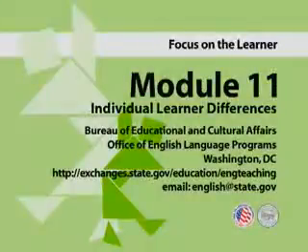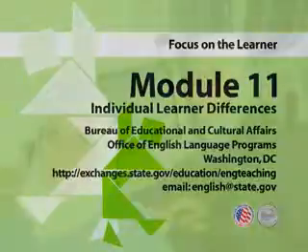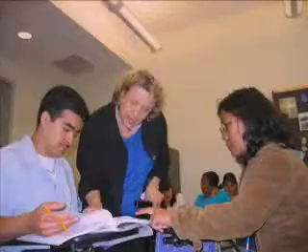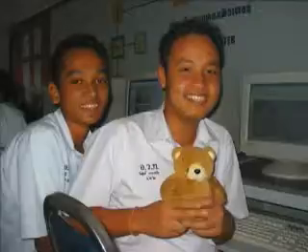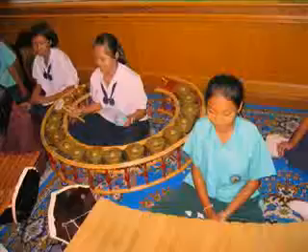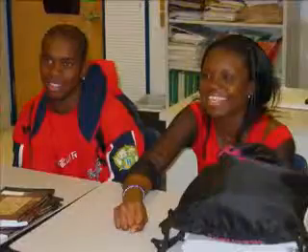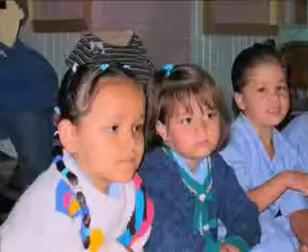Module 11, Individual Learner Differences. Learners in one classroom are both similar and, at the same time, different. A learner-centered approach to teaching requires teachers to understand this duality and to be aware of the different ways in which students learn. Some differences may be easier to see or discover, such as age, gender, socioeconomic conditions, and level